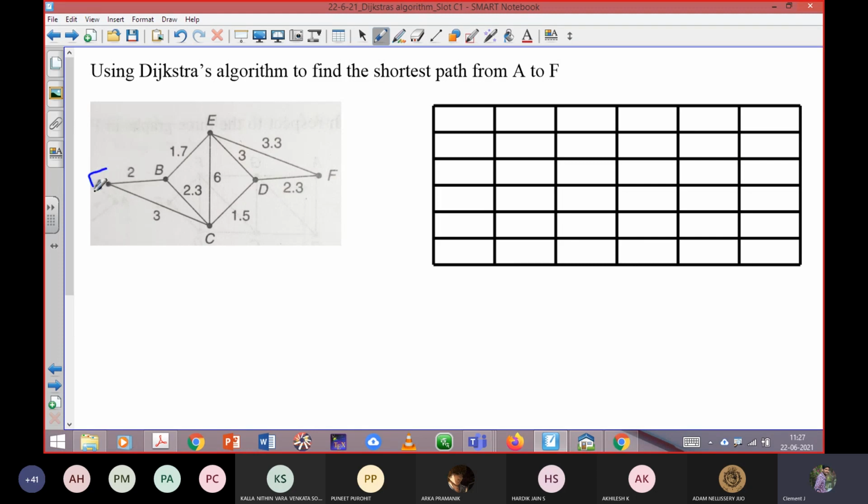See here, the initial vertex is A, the ending vertex is F. So we need to determine the distance from A to F. In the column, I can mention all the vertices first: A, B, C, D, E, F. Always your initial vertex is A, right? Can you quickly say the answers row wise? 0A, very good. 0, 2A, 2A, 3A, 3A, infinity, infinity, infinity.